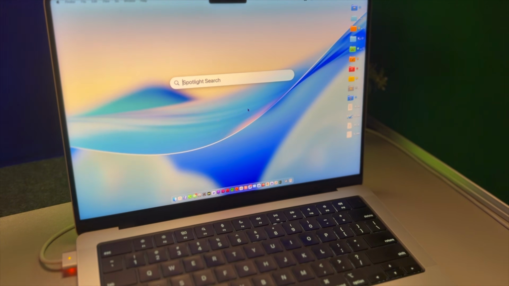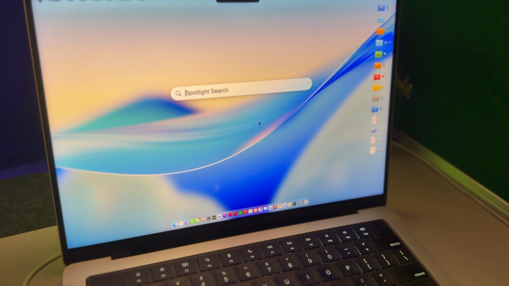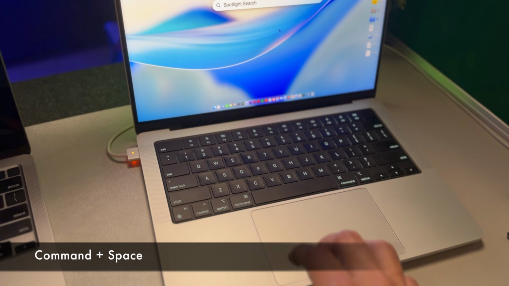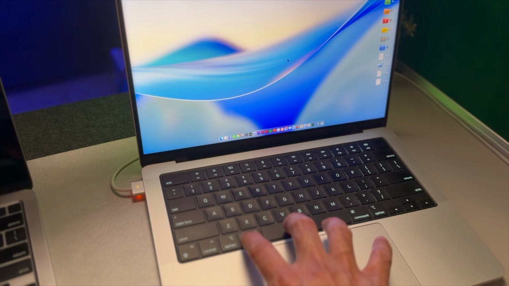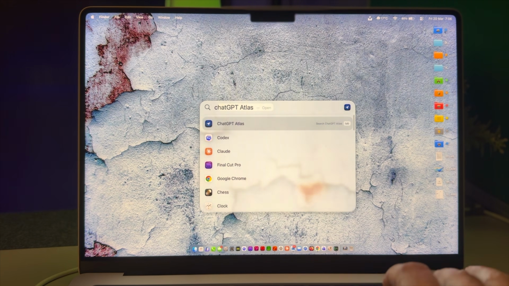Many users still open Safari or Finder to perform very simple tasks. But Spotlight can handle many of those instantly. There's only one thing you need to actually memorize: the keyboard command. Command plus space to activate Spotlight. Now Spotlight can launch apps for you,